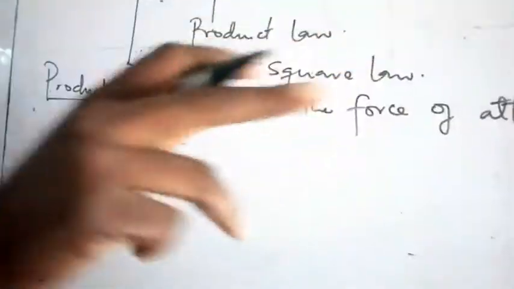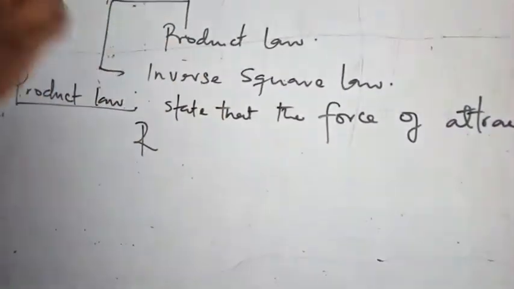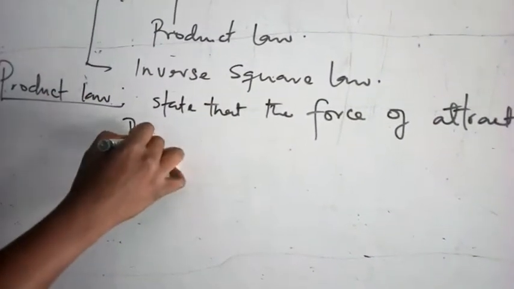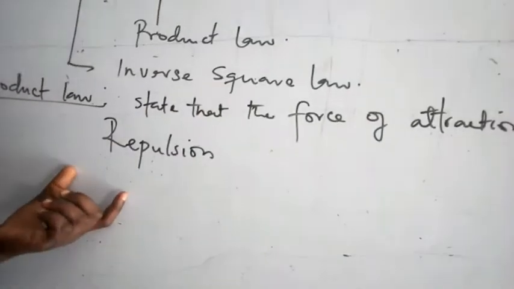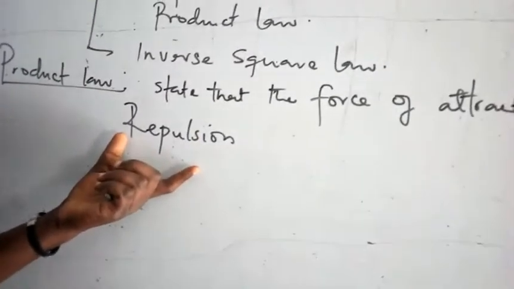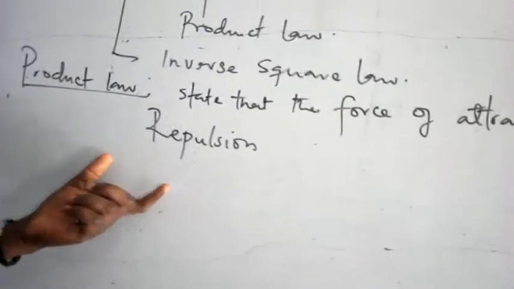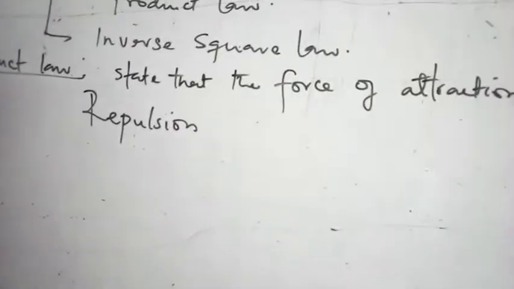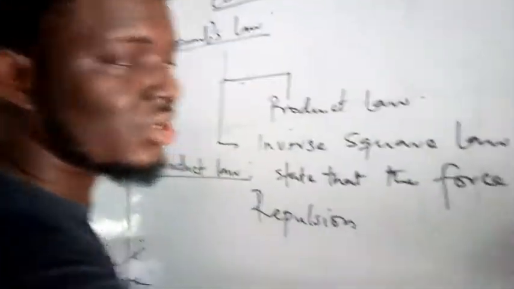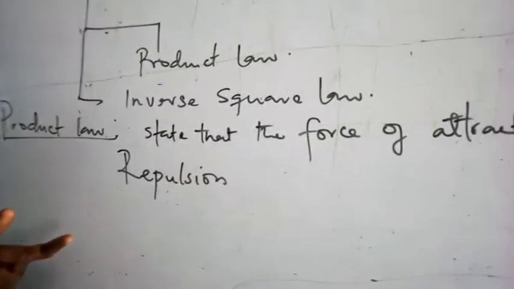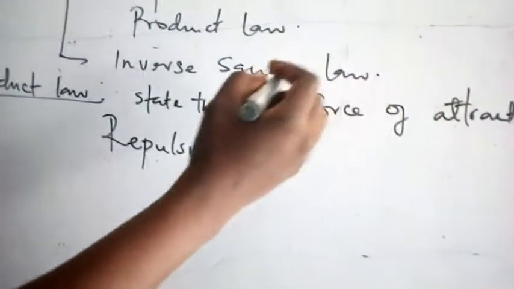Please, these are the two things that we'll be dealing with. We are going to be looking at the attraction part and the repulsion part. For gravitational force, we said the force of attraction alone. But for this, we are going to be looking at the force of attraction and repulsion